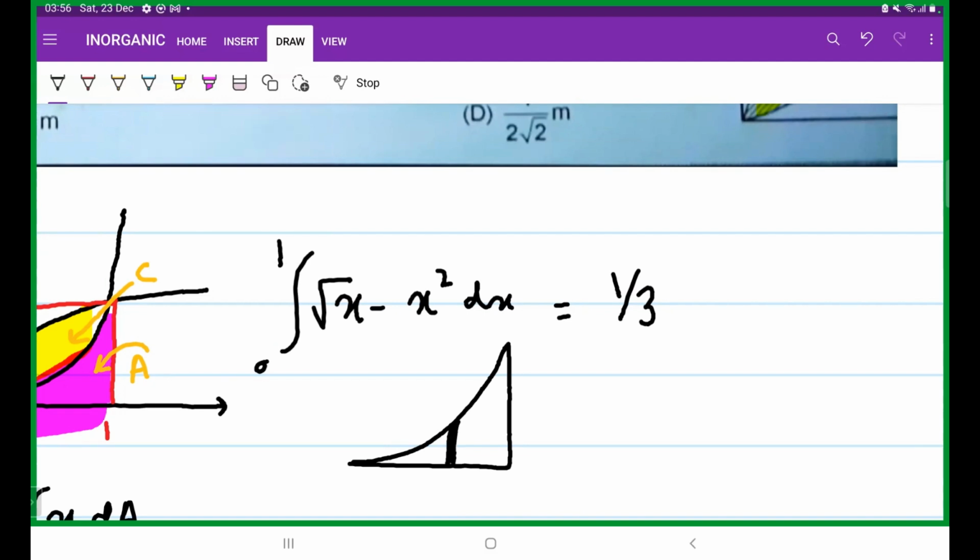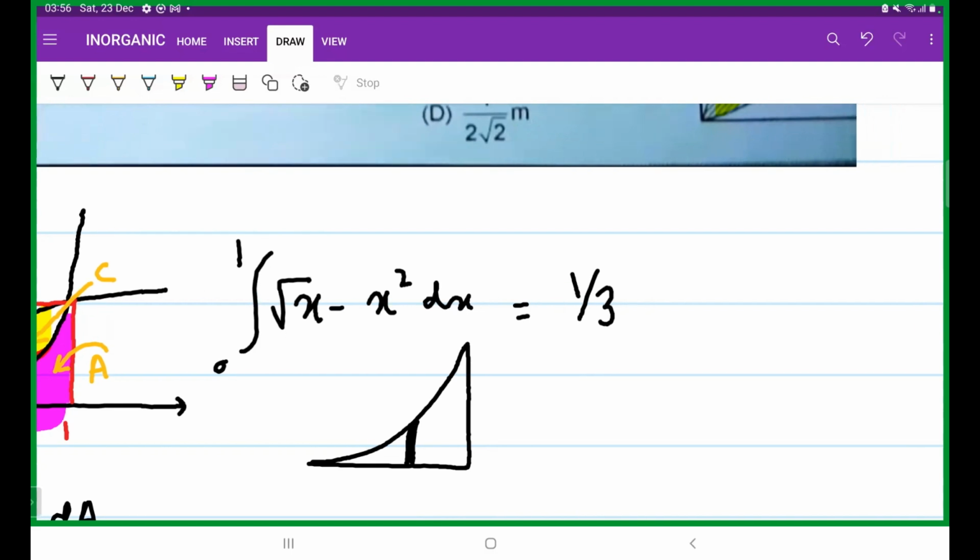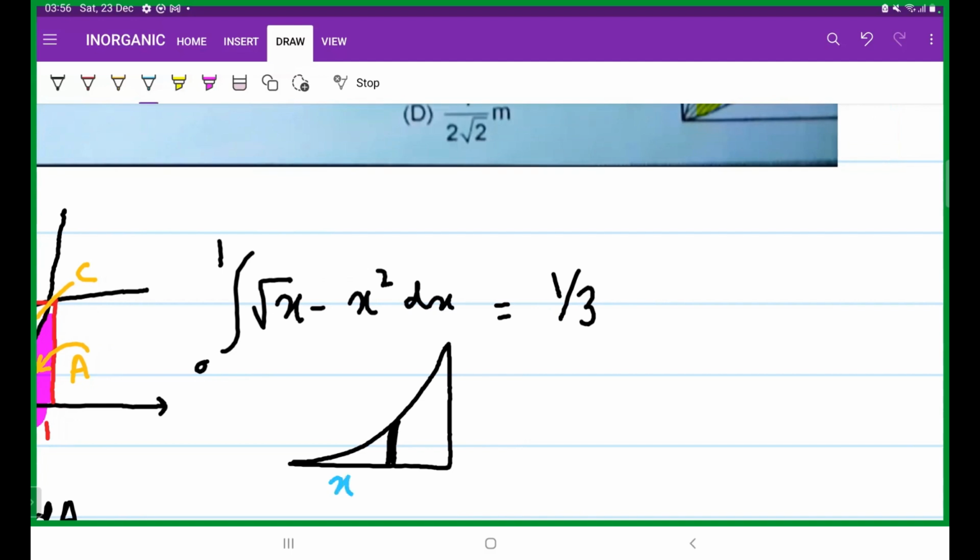Okay, this is for y actually. So let me show y first, then I will show x. Okay, this thickness right here is dx, and this length here is y. Okay, in order to find the y center of mass for this block, we can take this small strip over here at a distance x, where x will go from 0 to 1, and we will find the y center of mass for each of these strips. Okay, and then when we integrate,